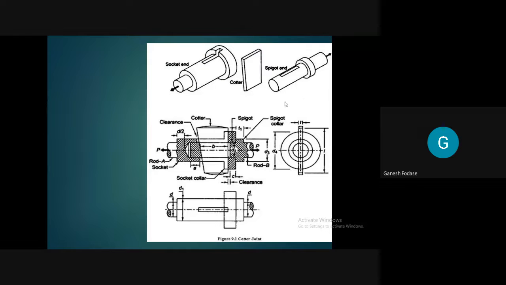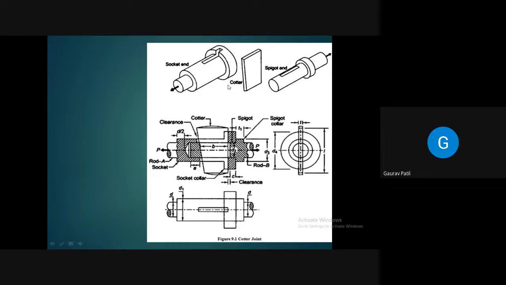Actually, there are types of quarter joint. I will tell you in detail. This joint on the screen now is called a socket and spigot joint. Okay, I will talk about types of quarter joint. Don't worry. What I am discussing now is one type of quarter joint in which there are three elements. One is socket, another is quarter, and the third one is spigot. Are you getting these three elements?